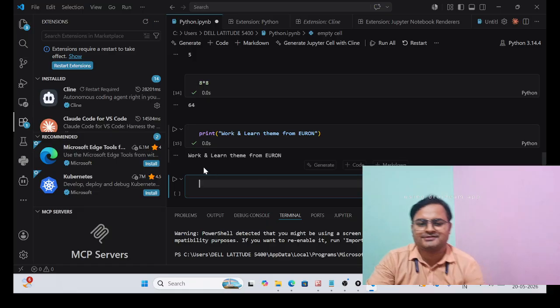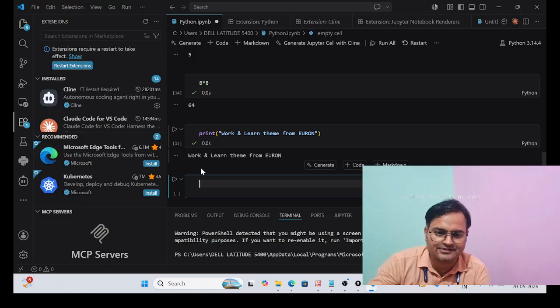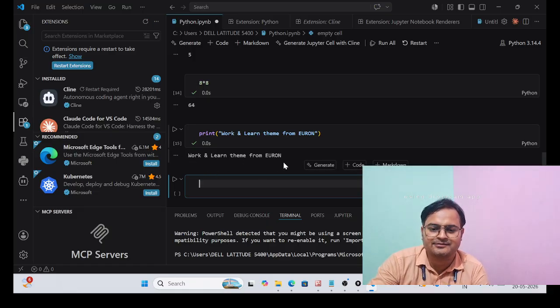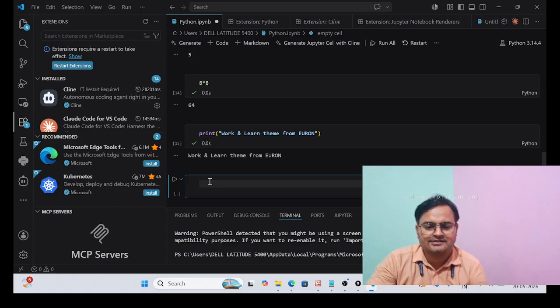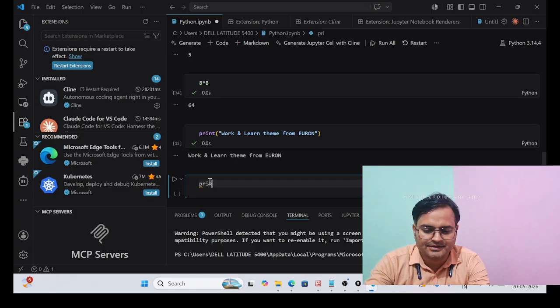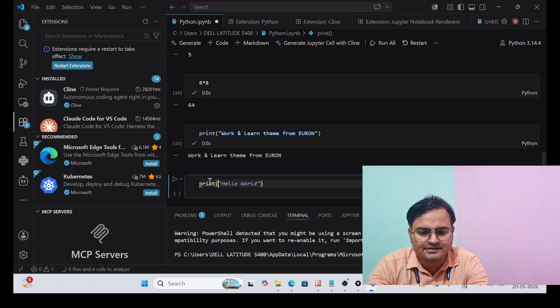The tool is good. It is executing. It is executed. I'm printing. Just type print and write here